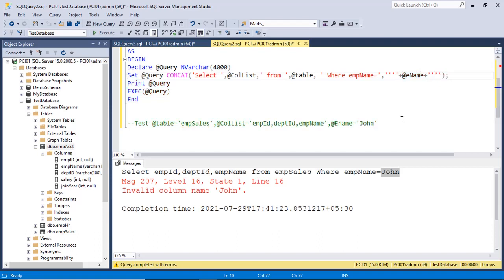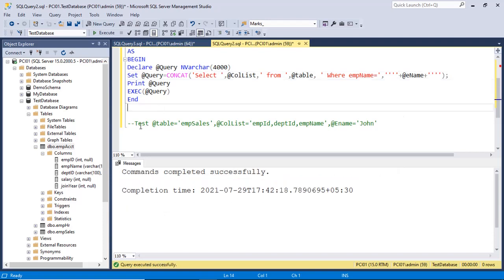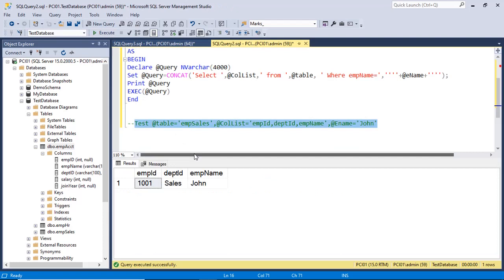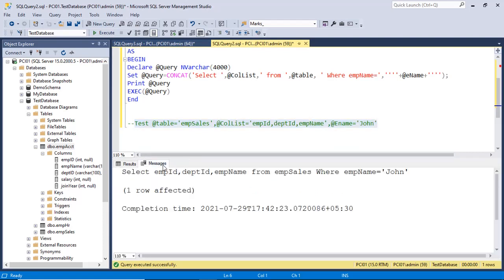If I put 4 single quotes before and after, because this is the dynamic query, and execute this one, now the call is done. If I check the actual query, finally you can see in the John single quote is there, but this is a problem.